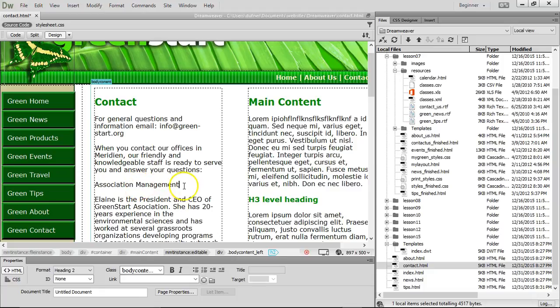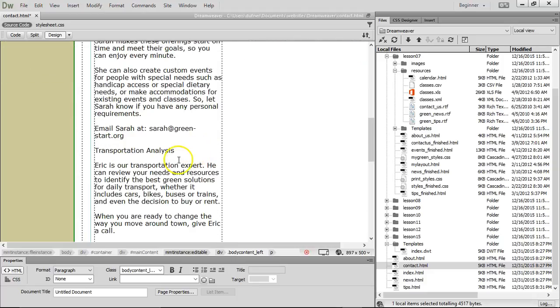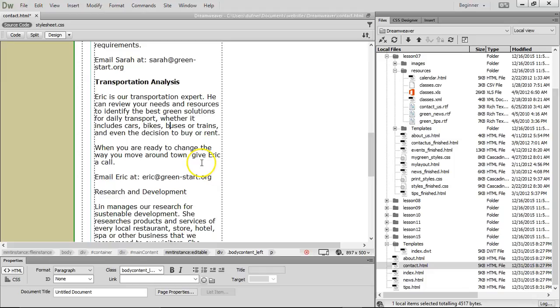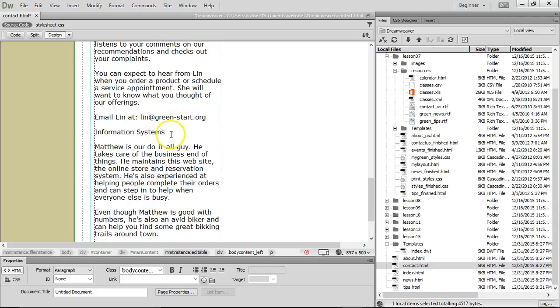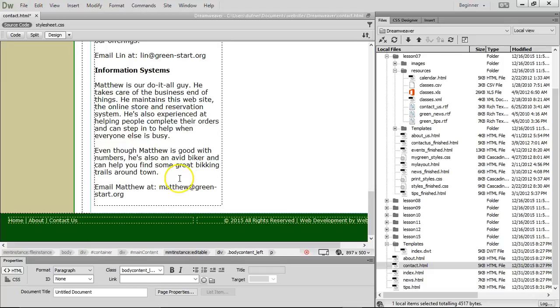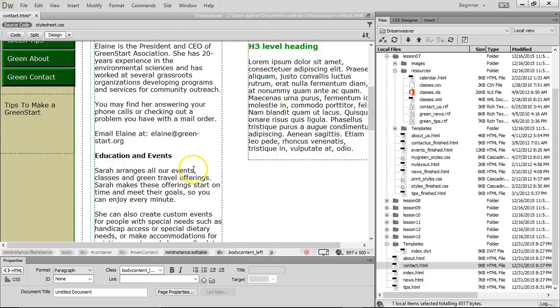When associate management, let's do a H4, heading 4 on that. Education and events, heading 4. Transportation analysis, heading 4. Research and development, heading 4. Information systems, heading 4. Okay, let's go up to about, let me see,